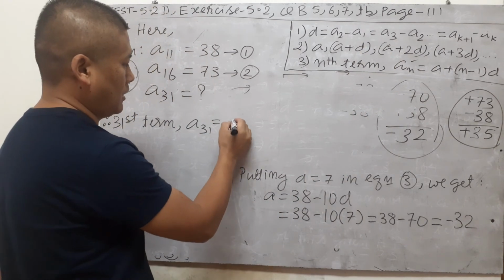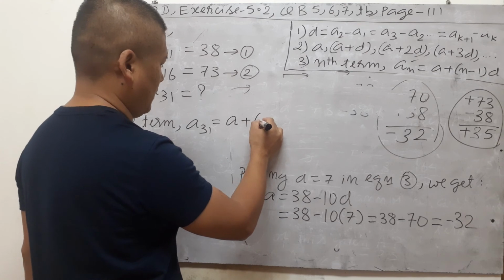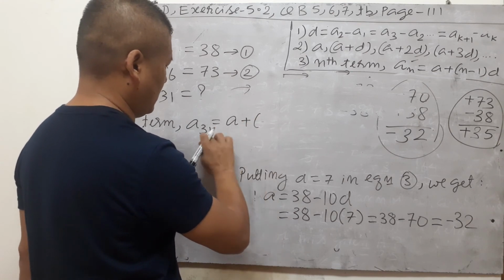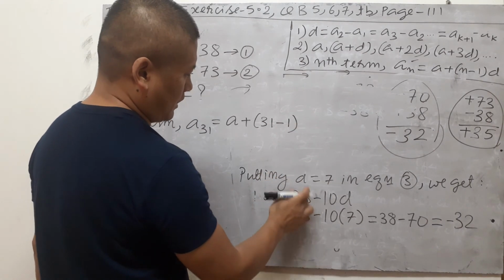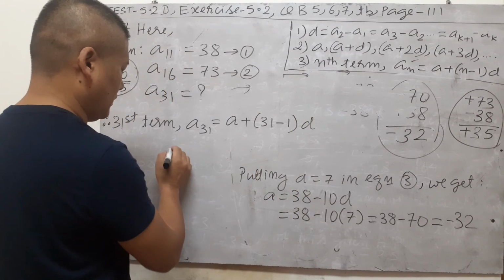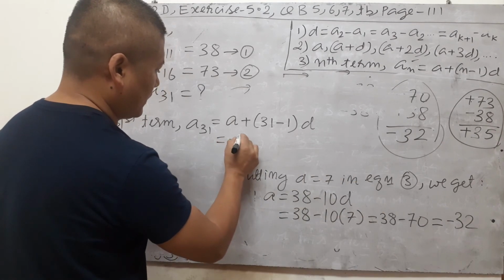Okay, I'll show you how. So here A plus N is here 31, so 31 minus, N minus 1 into D, write that. So that will be equal to, A is just now you got here minus 32